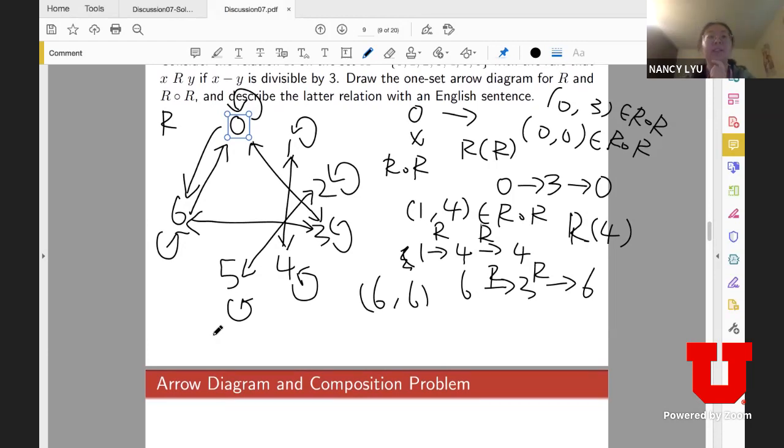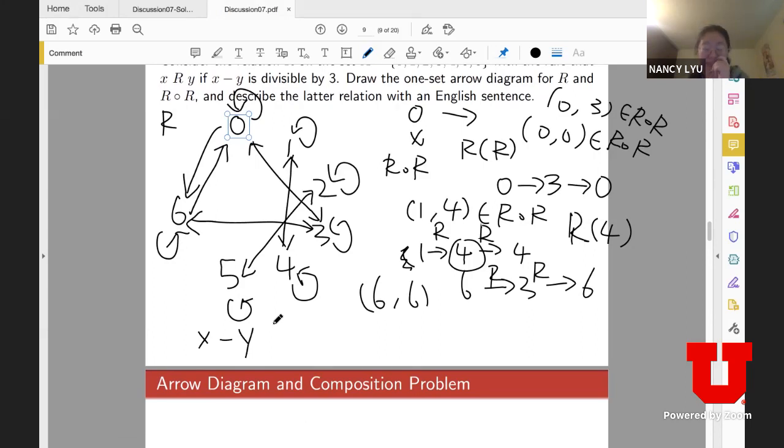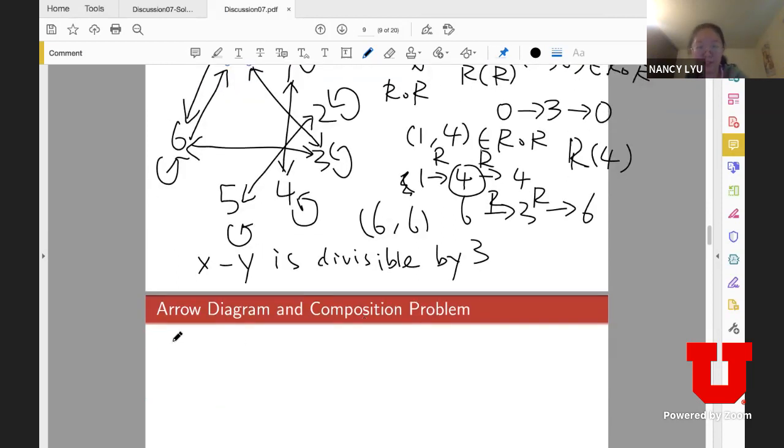Yes, but the key part of the composition is the intermediate step you're taking right here. So the first one, we start with x minus y is divisible by 3. And for R composition R, we introduce an intermediate step where there exists a number z such that